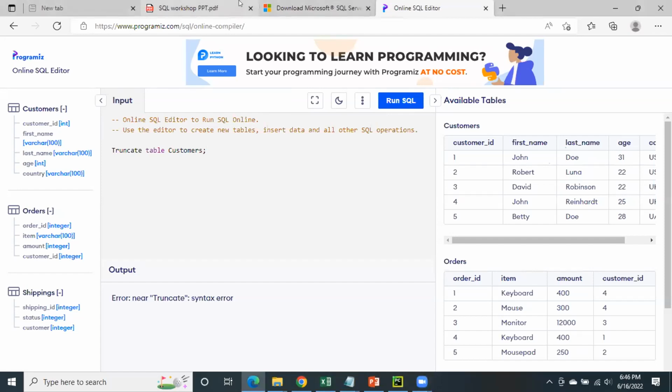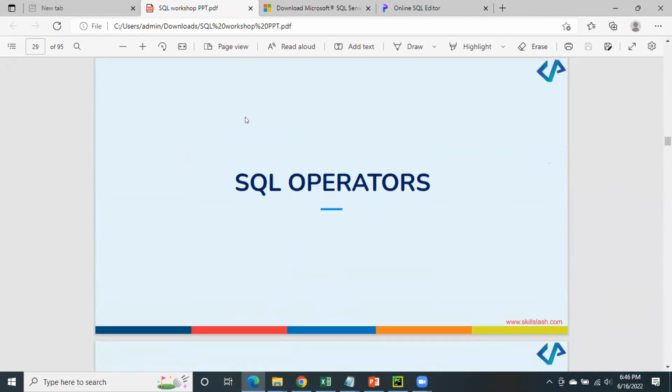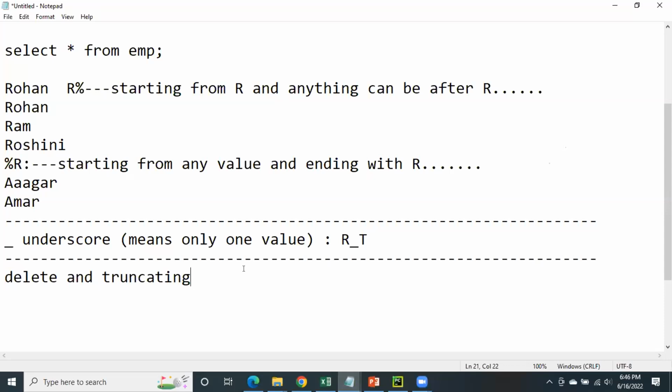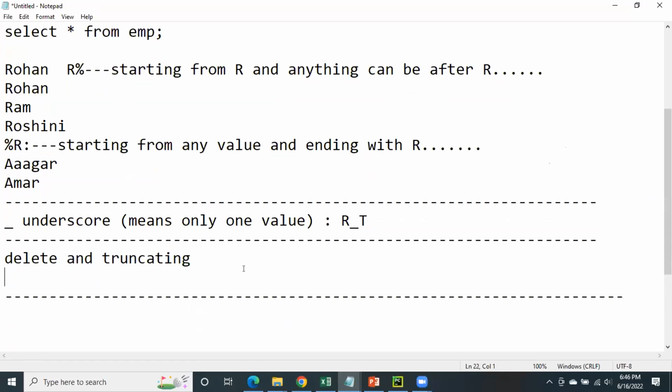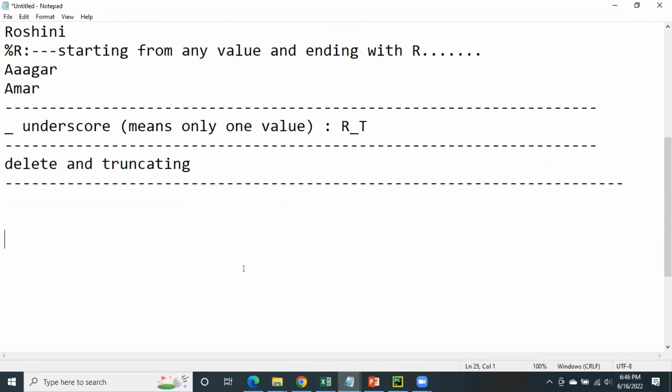Okay, now let's go to the next one. In the next one, we are going to understand the different operators. Now, what are operators, everybody? Operators help you to perform some kind of an operation. Let me write it down here. You can write it down then. I'll give you a minute also. Operators help us to perform